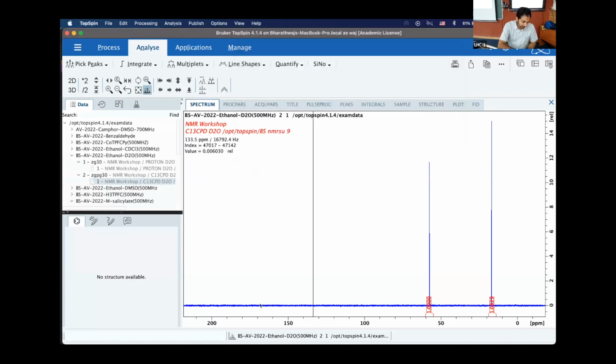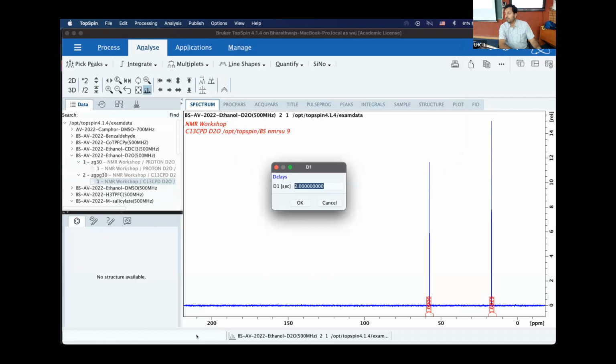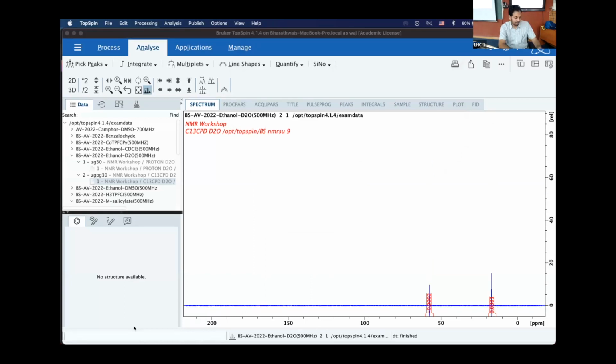Now we can also ask the other parameters. If you hit D1, you'll be able to see the interscan delay, which is set to 2 seconds. And the acquisition time AQ is set to 1.1 seconds. So basically, you have a total relaxation delay of 3.1 seconds here. And if you ask for the number of points, which is TD, the total number of points is